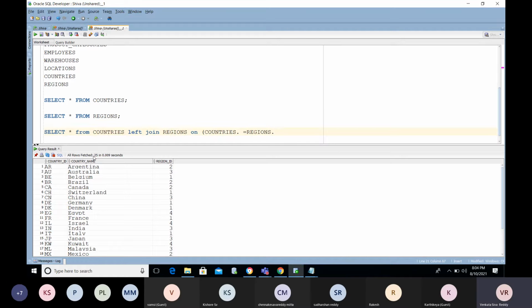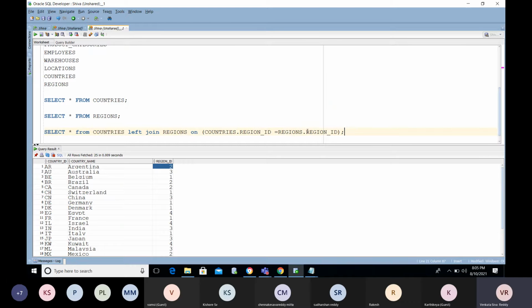Okay, what will happen if I put this? What output do I get here? What data do I get here? Both tables, matching the left table columns.